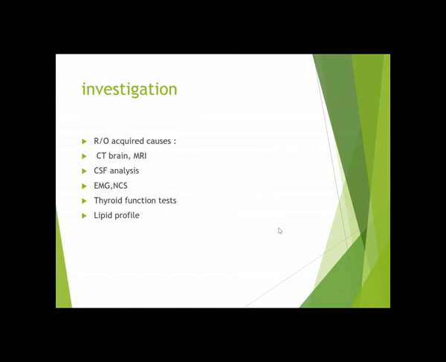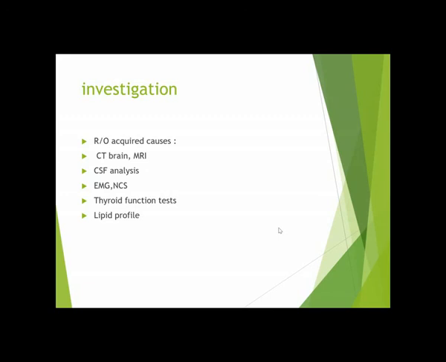EMG and NCS when you are suspecting sensory ataxia, either simple sensory ataxia or peripheral nerve involvement along with cerebellar ataxia. Thyroid function test, as hypothyroidism is one of the causes, and lipid profile, there will be low LDL in patients